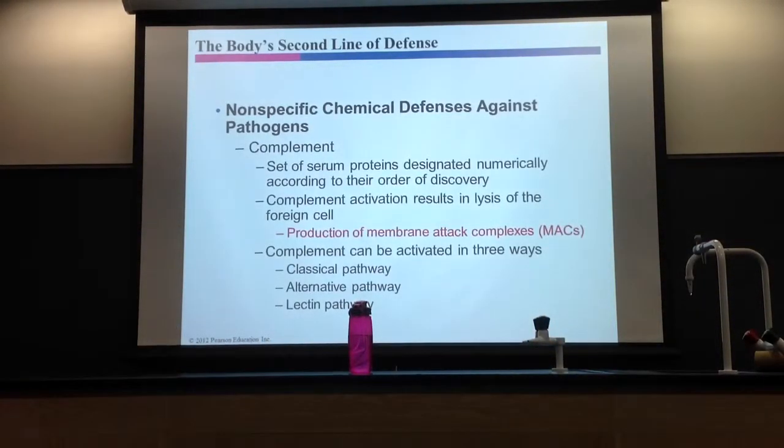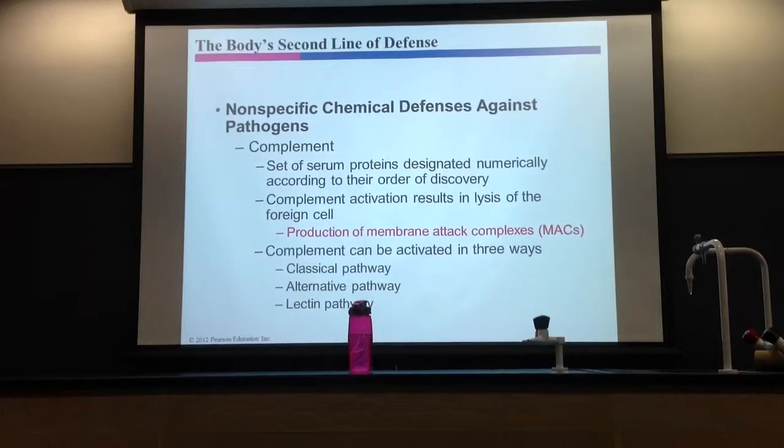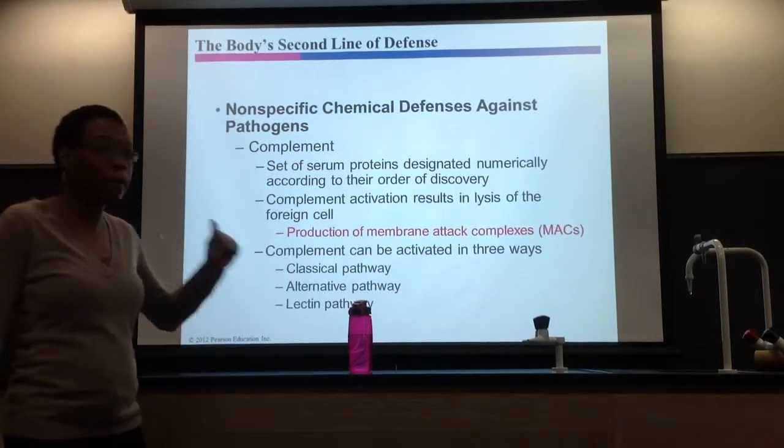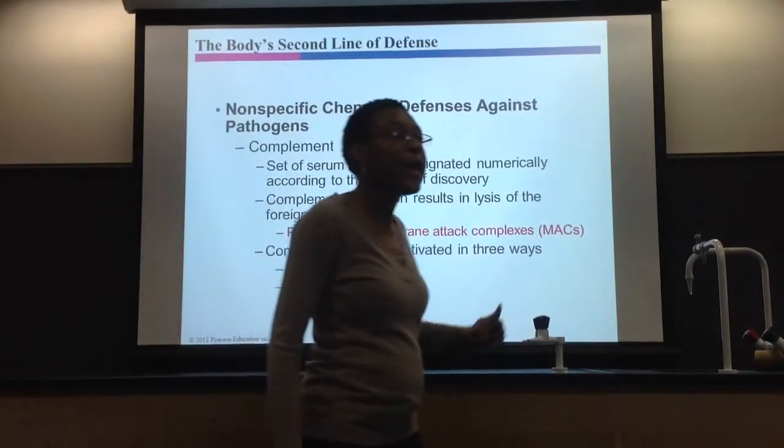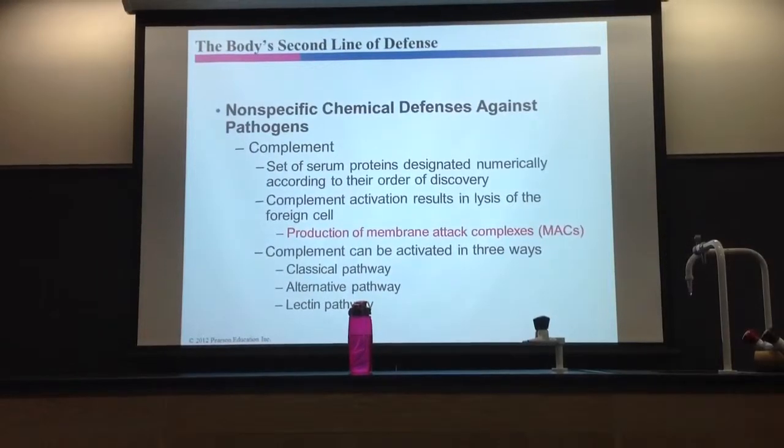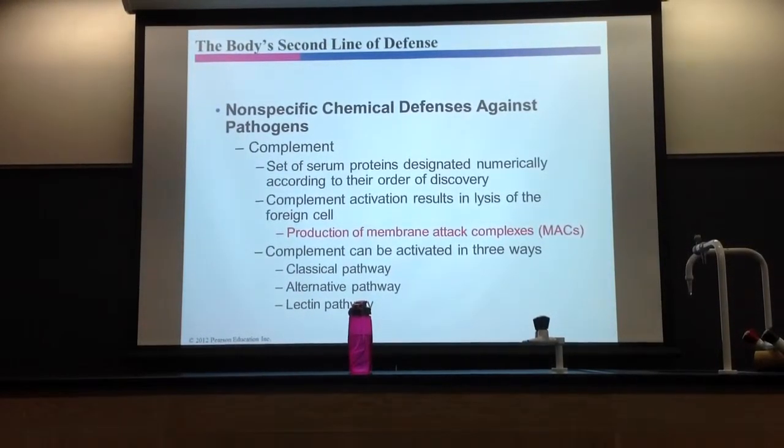Okie dokie, complement. Now, what do you have to understand about this complement system? So it's complementing your immune system. It's basically a series of proteins that do something, okay? That's simple as that. The end result of making complement proteins is basically killing your invader. You basically punch holes in your invader. You cause the cell to lyse or break open.